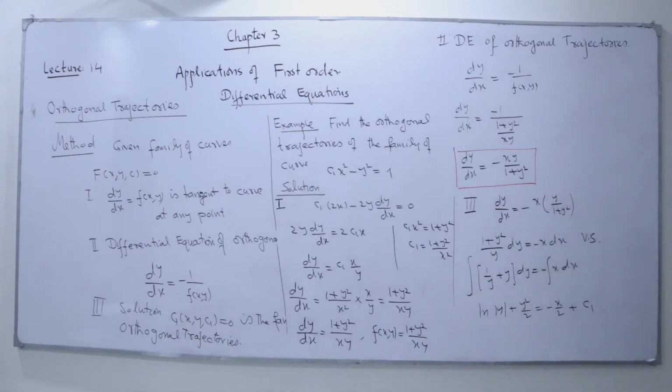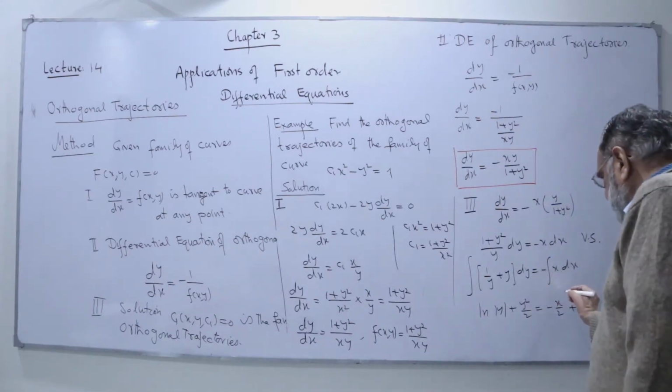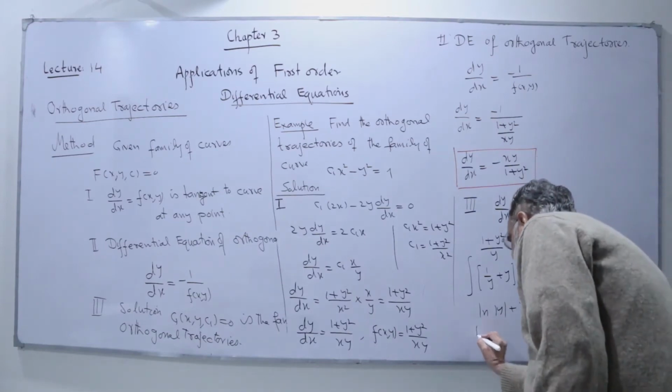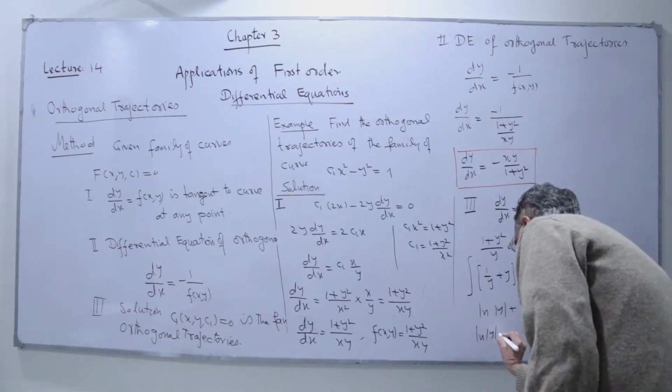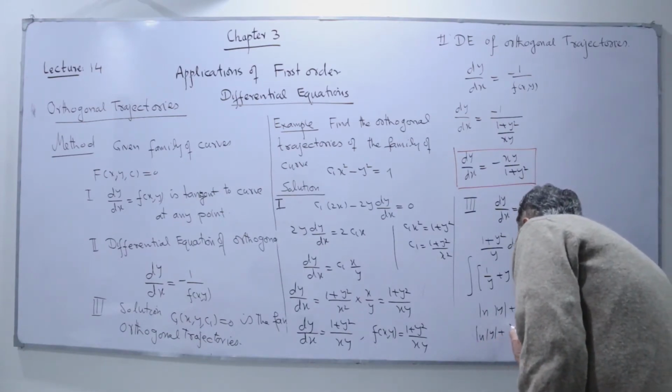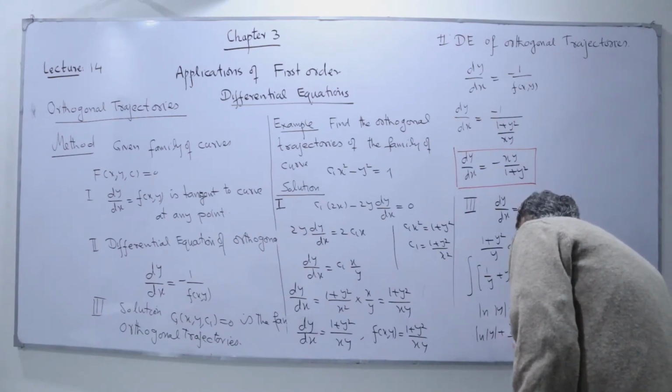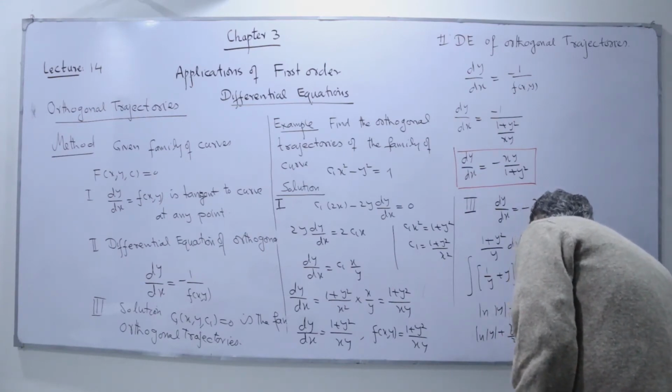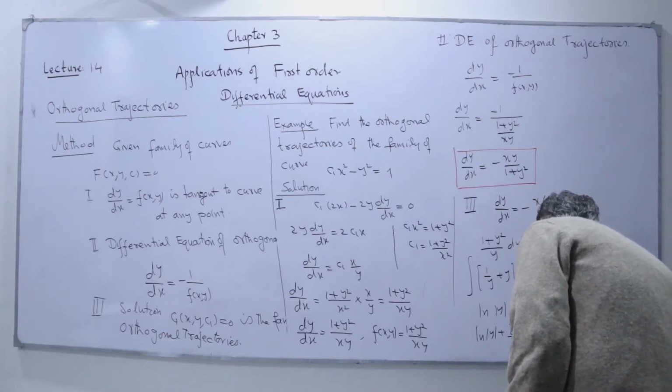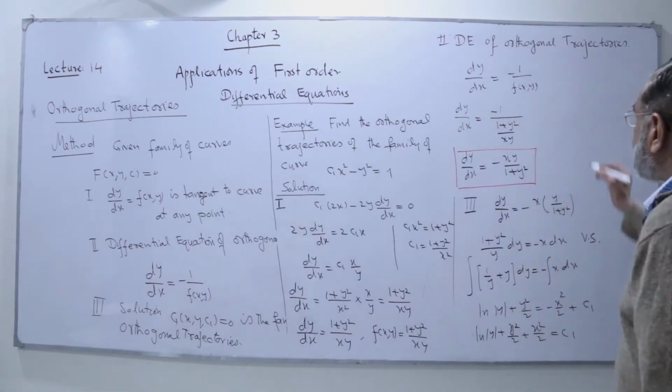So I can rewrite this one: take x square to the right hand side. I get ln of y plus y square by 2 plus x square by 2 equal to c1, and this is my equation of the